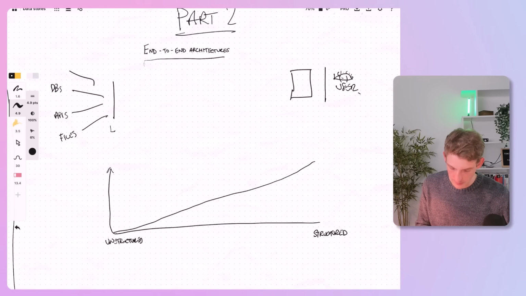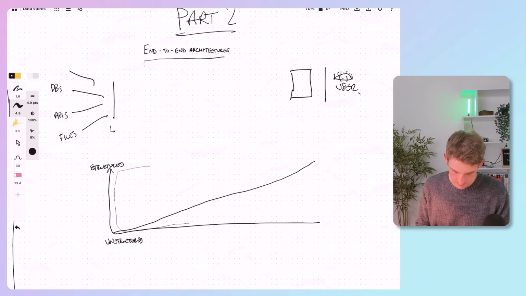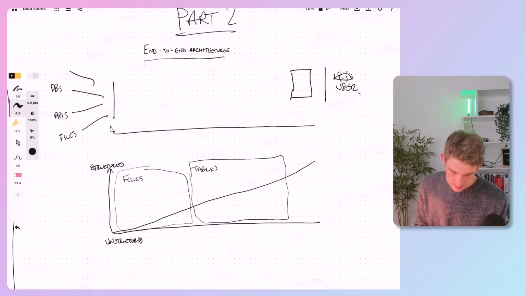So as we move from left to right in this pipeline, the goal is to clean, transform, add structure to these semi-structured and unstructured data sets, right? And normally that involves converting from files in this area to tables in this part of the pipeline. So then when we think about how we architect a solution here, well, towards this end, really, we